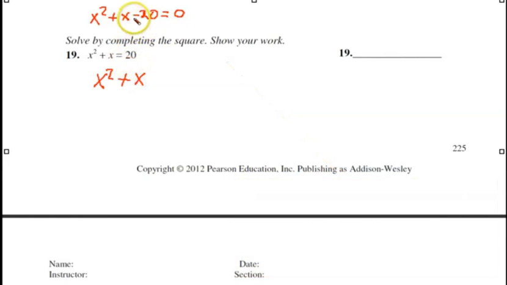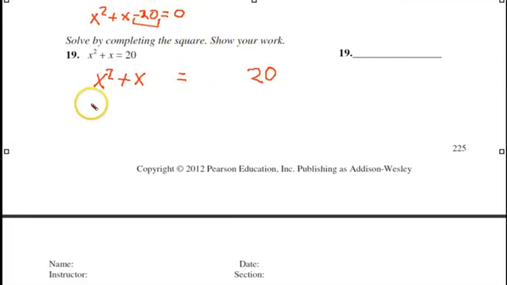Then take your c term, that's your c term, and bring it to the other side somewhere. And that's what they gave us. So I wanted to see where it came from. This is in standard form. The first thing you do is take your c term and bring it to the other side